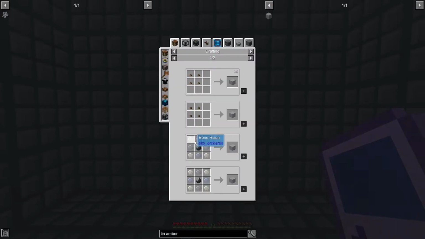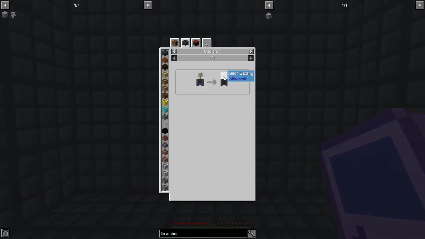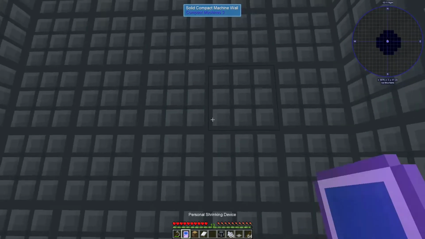And to get that, we're going to need bone resin, clay resin, and then gravel resin with a flint. So that's what we're going to be making. And then we're going to pour it off onto a birch sapling, which we get by washing a sand sapling with water. So I can show you now, one of the benefits of having bottles, access to bottles, is that